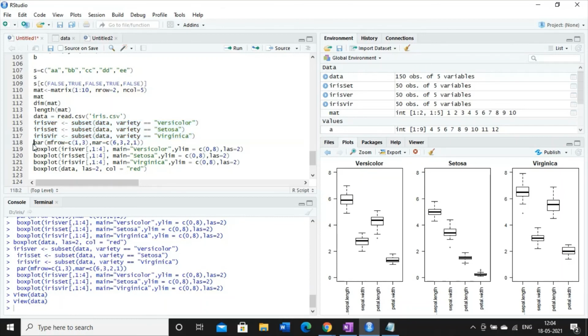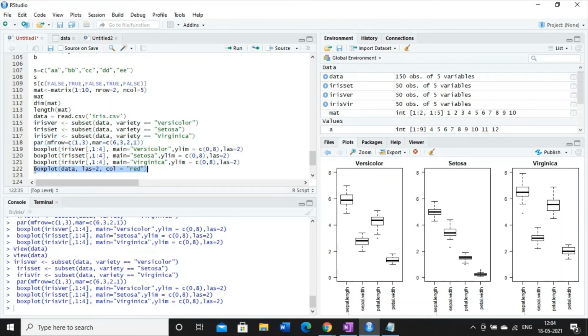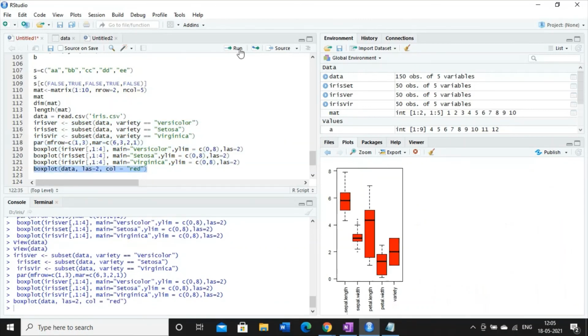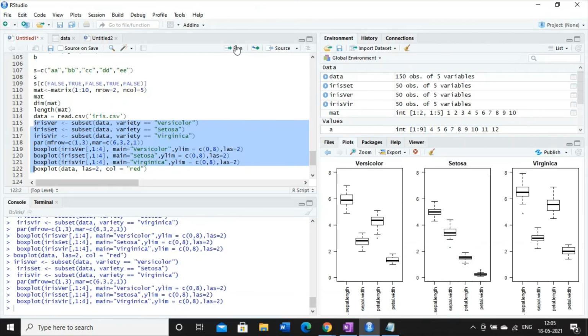Then we create the number of panels, set up the margin values, and then apply the box plot on the individual species. So instead of writing separate box plots, it is better to have this kind of combinational plot. Why? Because it will give us better visualization. So this is your combinational plot.